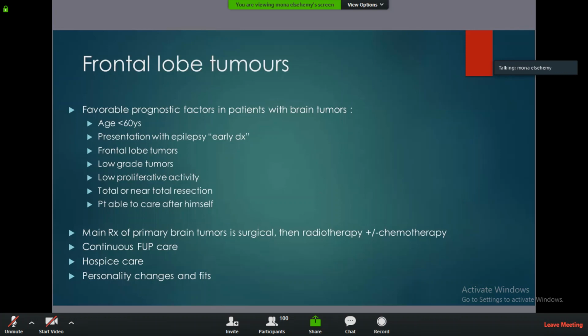He cannot live in a good way, so you transfer him to people who are qualified to deal with him. Sometimes in hospice care, you train some of the family members how to deal with this patient, if they have the emotional drive that makes them able to deal with the patient even in a critical situation. You give the family psychological support to support their patient. Because the concept of hospice care is that the patient is not the only one to suffer; the carers of the patient, the family, are suffering more.